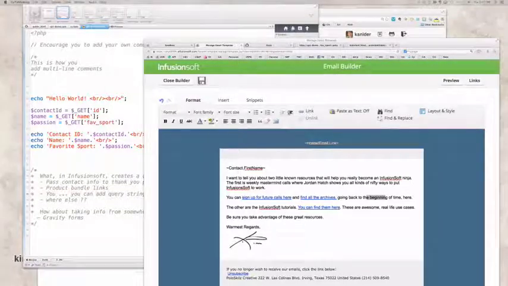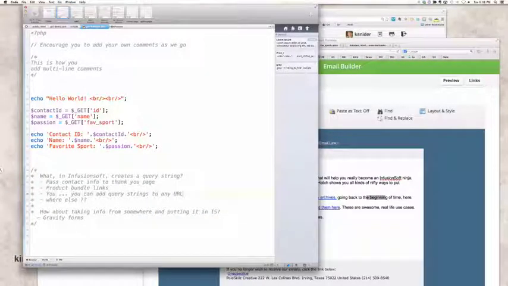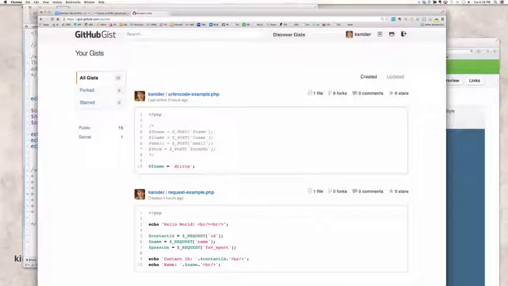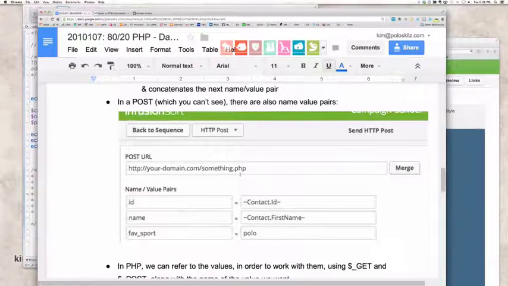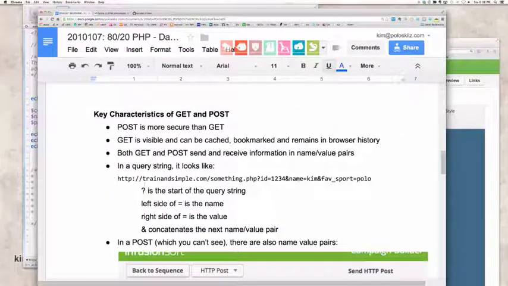Is there any info for learning how to construct get links? When you say get link, you mean, Peter, a query string? Are you talking about an Infusionsoft specific query string? If it's just a query string, then just Google query string. But basically, this that I put in here is all there is to a query string. There is no more. It's a URL followed by a